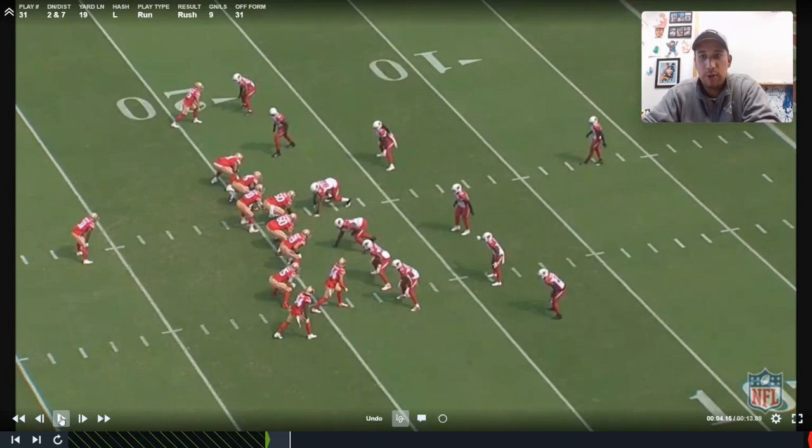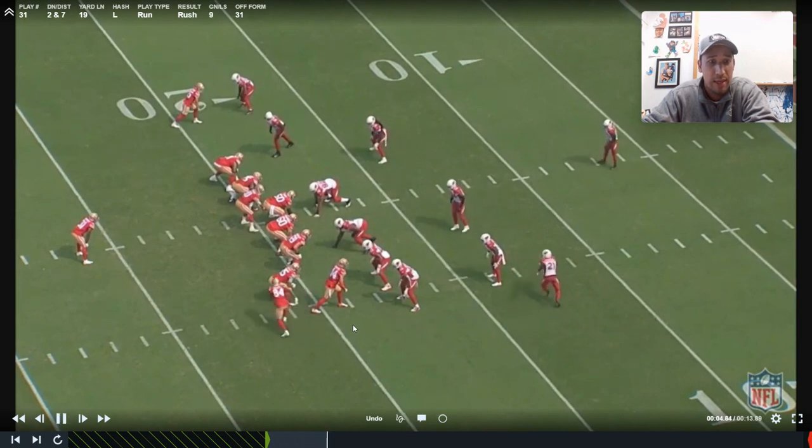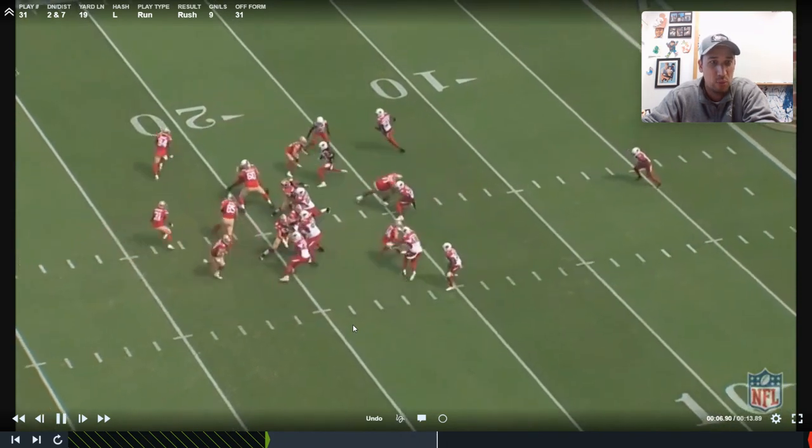All right, guys. So anyone who's coached with me knows that I'm not the biggest trick play guy. I like running the system. However, there are a lot of really good little gadgets that fit within the context of the system. What we're going to get right now from the Niners is a motion and then into a tight end reverse